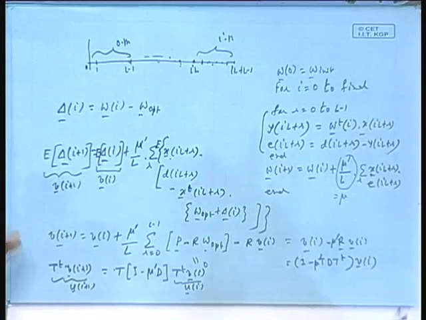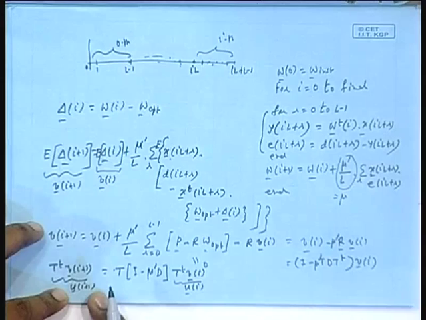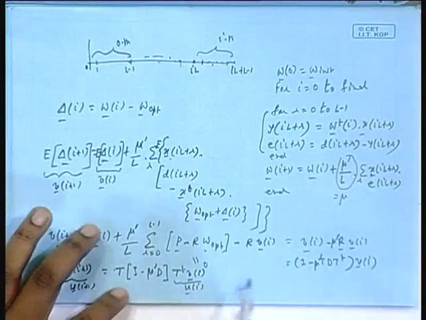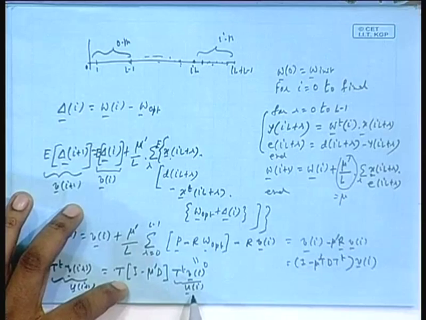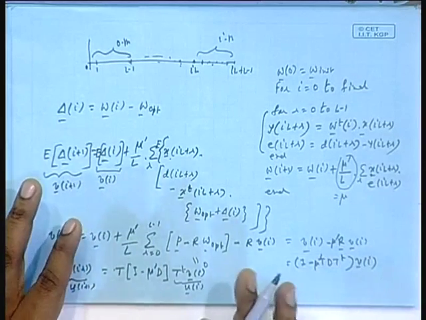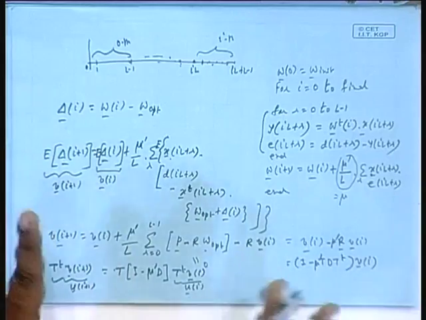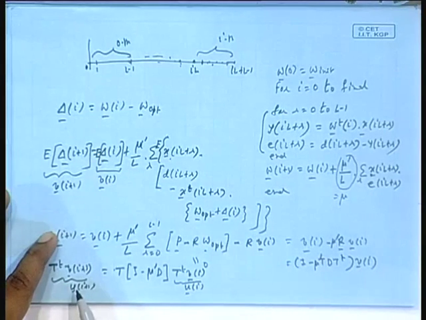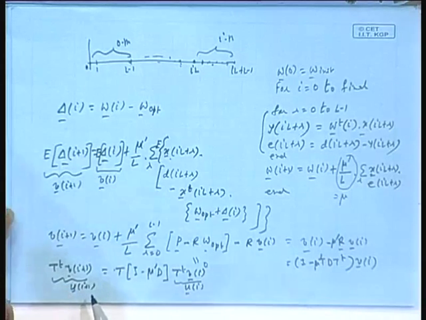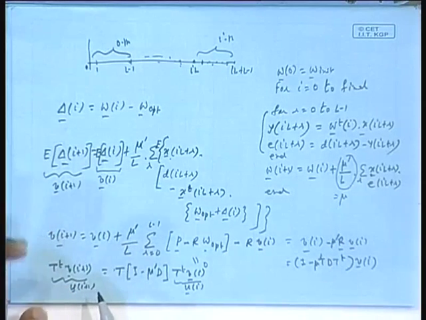Okay. And then if you take the norm of this vector, that is the same as what? T times a diagonal matrix into Ui. You remember that I told you that a unitary matrix times a vector does not change the norm. That is why the norm of U or the norm of V are the same. So if I can show that the norm of U tends to 0, that means the norm of V is tending to 0, and the norm of a vector tending to 0 means each component is tending to 0.